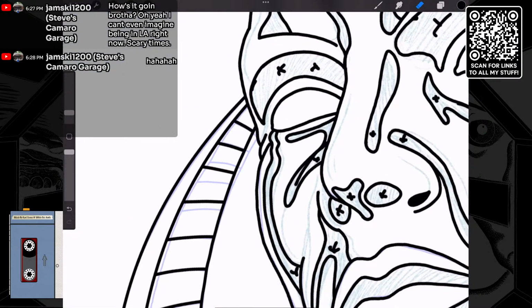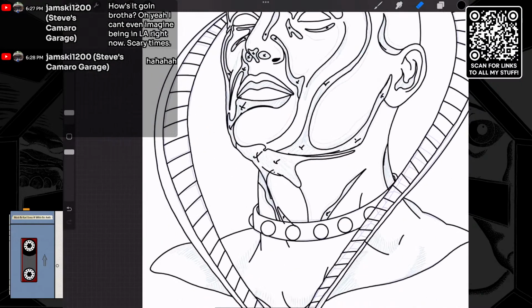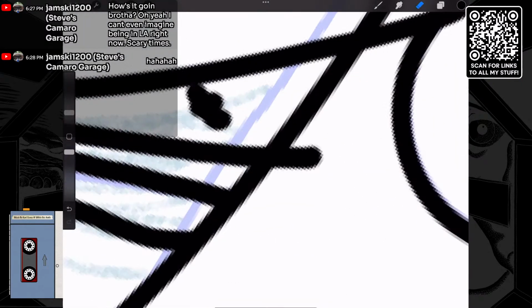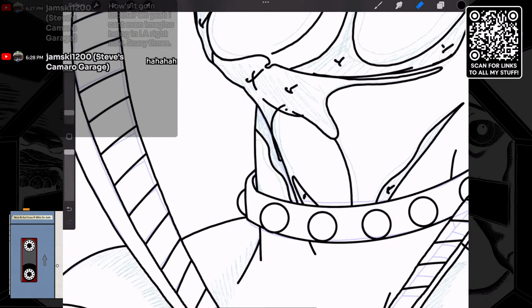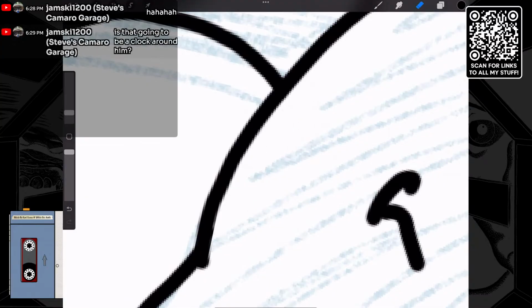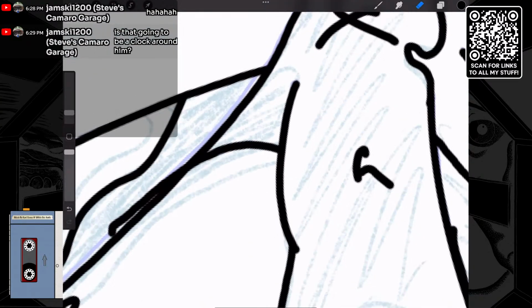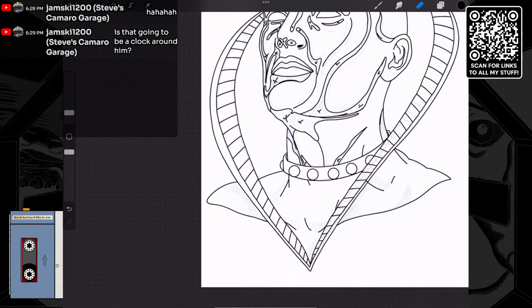My reaction to that is to draw Destro, I guess. Because I can't control the weather. And even if I could control it, I wouldn't be able to figure it out at this point. So it sounds like they're getting somewhat of a handle on the fires, though, so that's hopefully a good sign. I think they're making better. Is that going to be a class? No, this is how Destro looks.